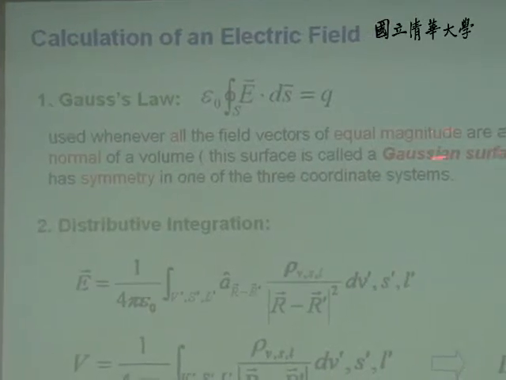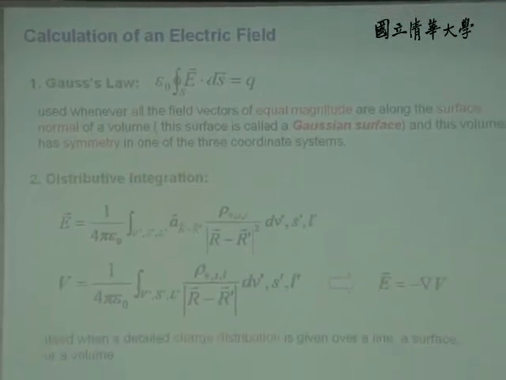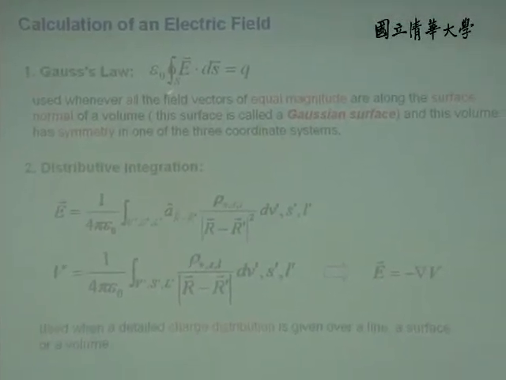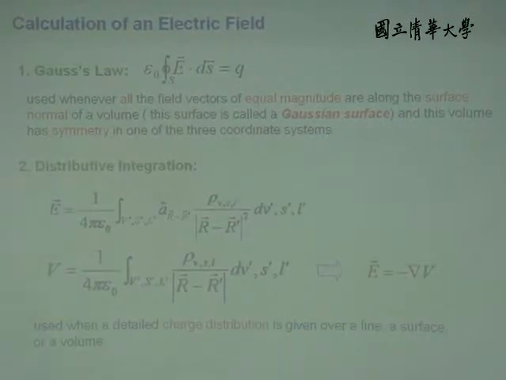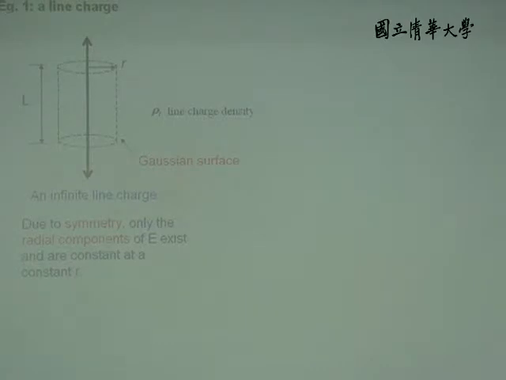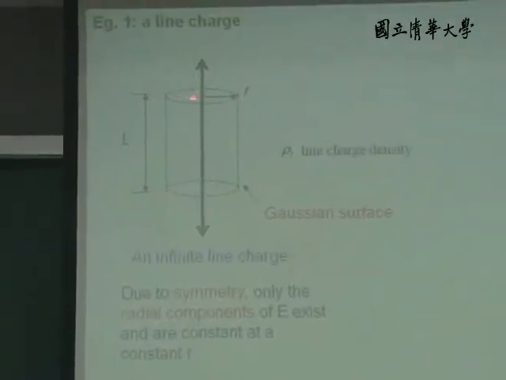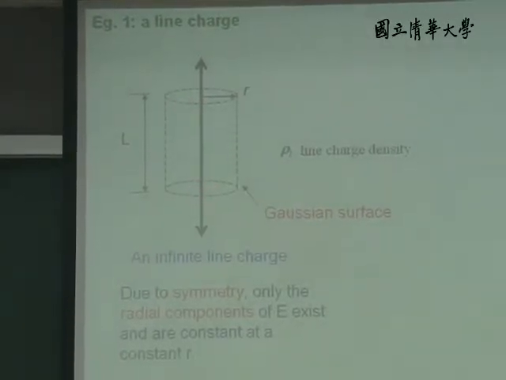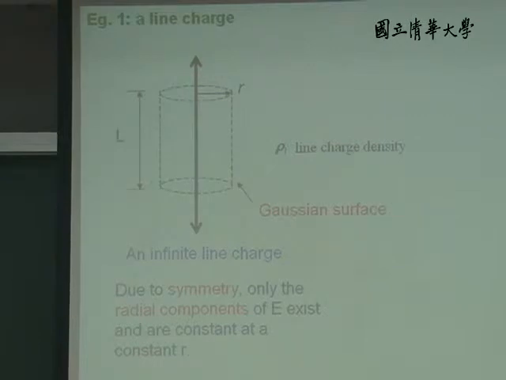Now you find a Gaussian surface on which you have equal magnitude of the electric field, and all the field vectors are along the surface normal of the volume, except this surface and this surface. 在这个面上头跟这个面上头，它的电场跟它的 surface normal 是互相垂直的，